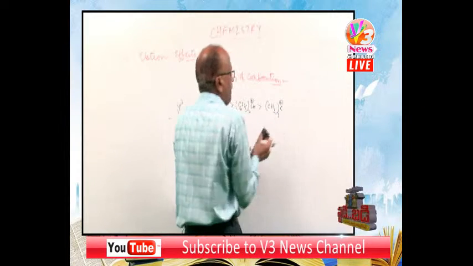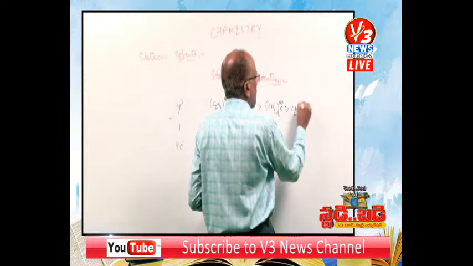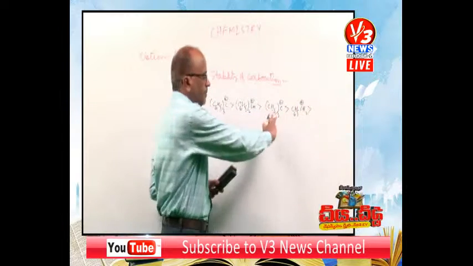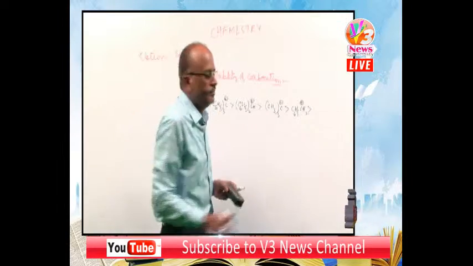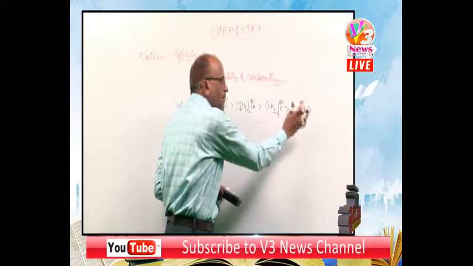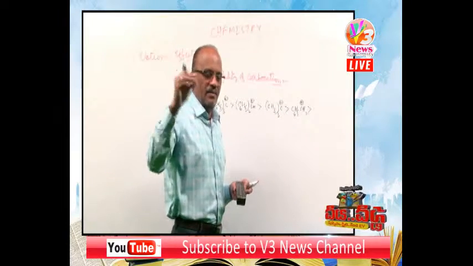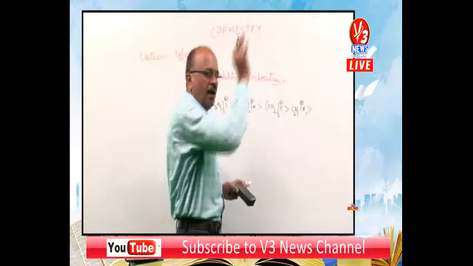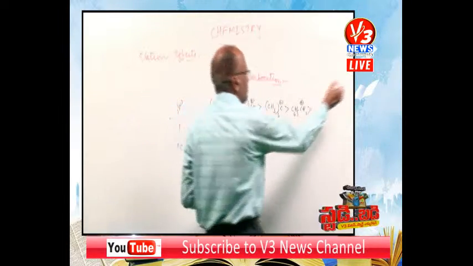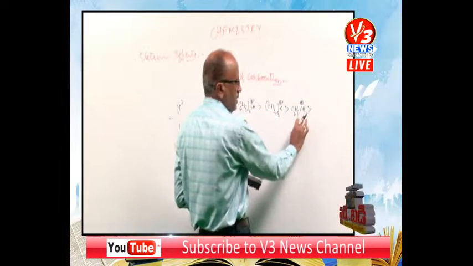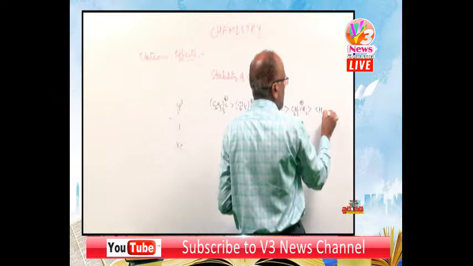Tertiary butyl is more stable than primary benzyl. In some books it is given in reverse, but based on heat of hydrogenation values, this is found to be more stable than this one. Here it is based on neither resonance nor hyperconjugation, but on heat of hydrogenation values. So tertiary butyl is more stable than primary benzyl, than